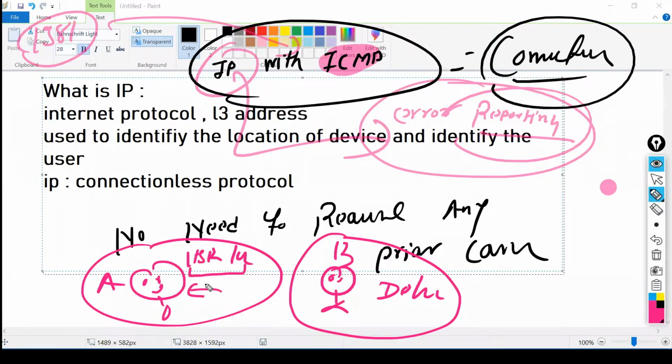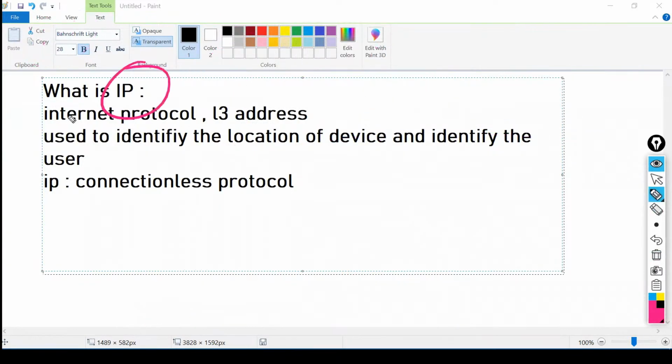Same thing in the networking world. Every PC or every device has an IP, and that is going to identify the location of the device. Based on that, we can provide the communications. If you don't know the location of the device, you cannot send any traffic, not the data, not the management traffic, not the control traffic, if you don't know the address of the device. And the address of the device is known as an IP.